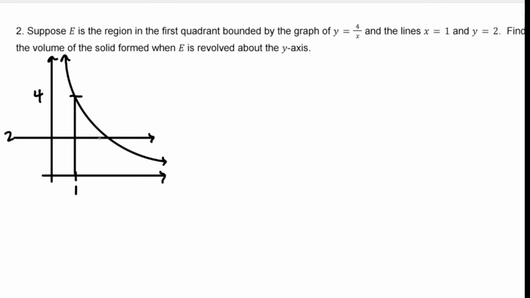And then that's going to intersect where y equals 2 and y equals 4 over x. So that means x would have to equal 2 also. And okay, I see the region. Two lines, one curve. That's going to be this right here. That's region E. Okay, if I want to revolve this around the y-axis,